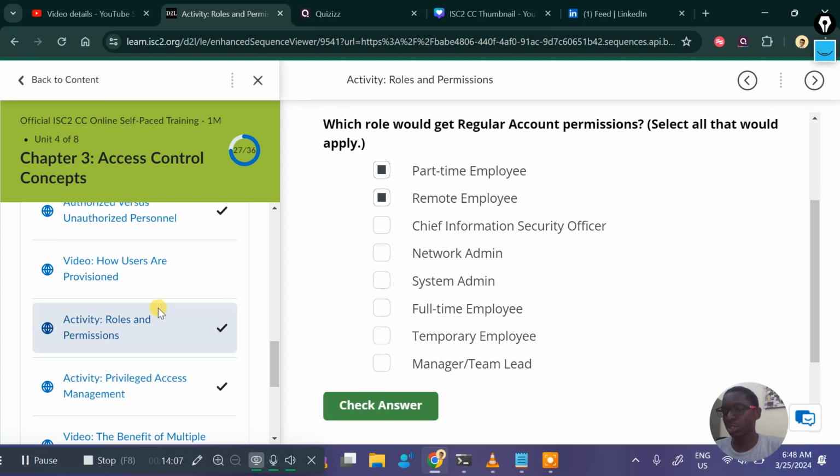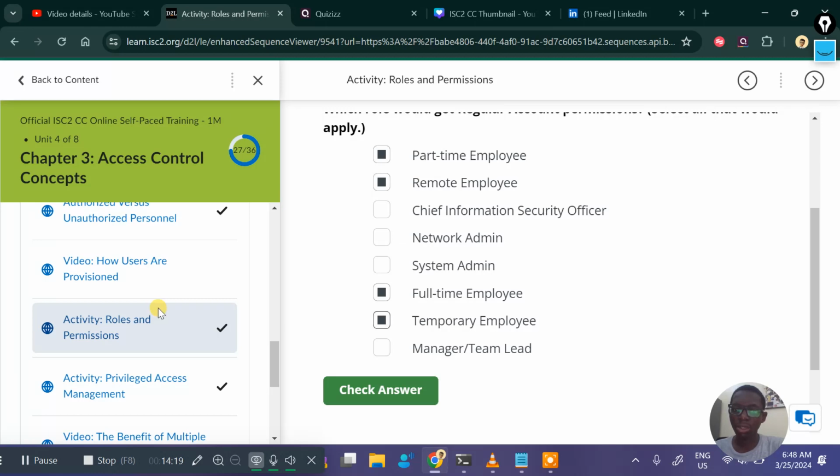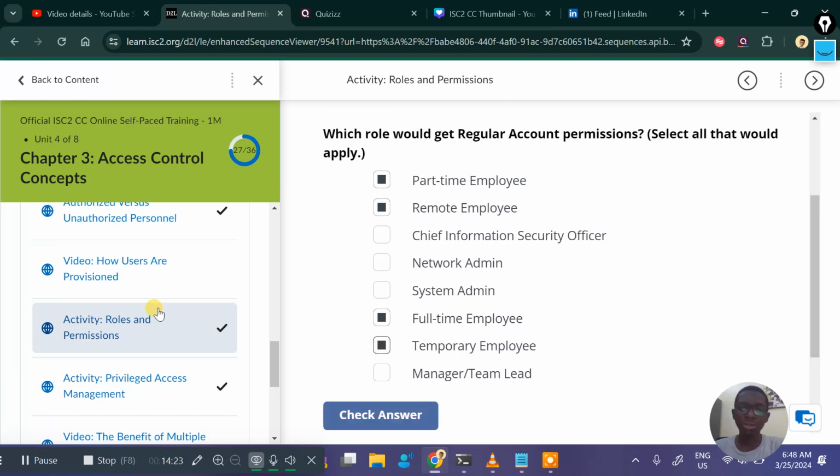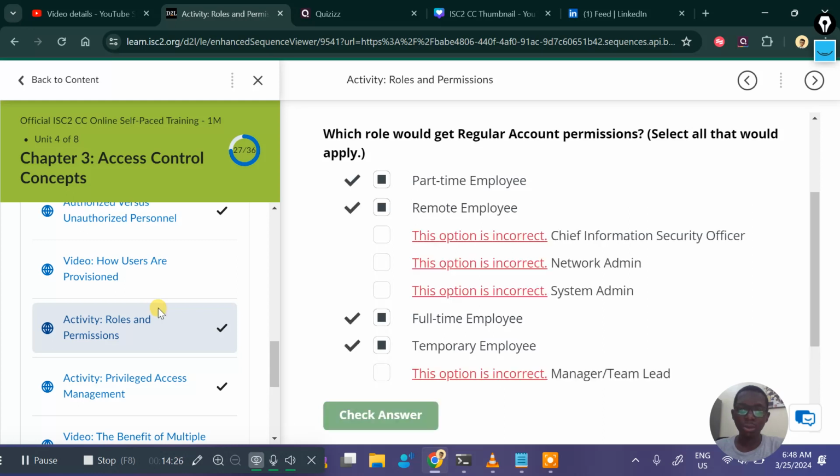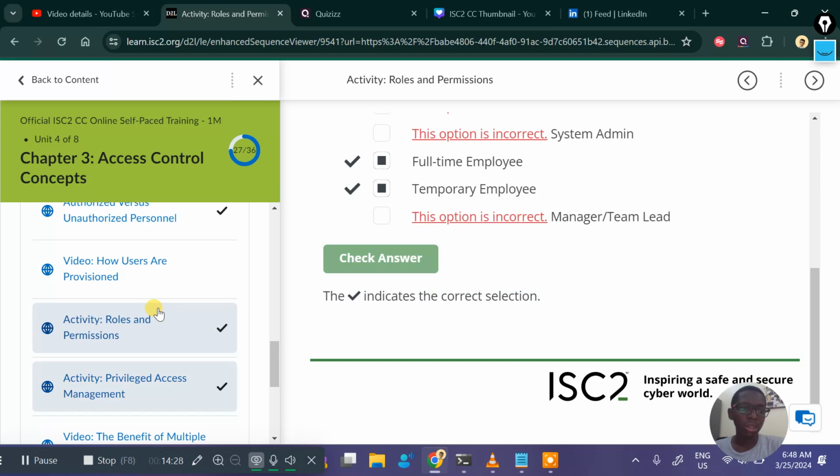The chief information security officer should have a privileged account. The network admin should have a privileged account. System admin, privileged account. Full-time employee depends on what you are doing. You might not need a privileged account. Temporary employee might not need a privileged account. The manager or team lead should have a privileged account. So let's see, are we right? Yes, we are right. So we move on to the next one,